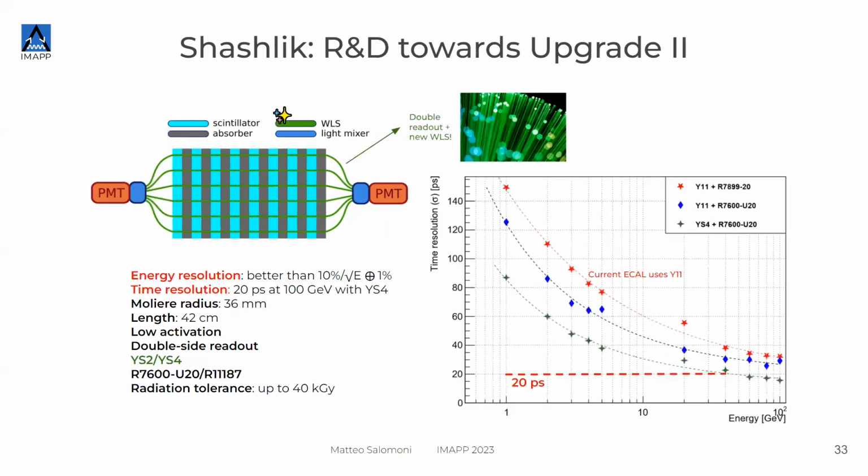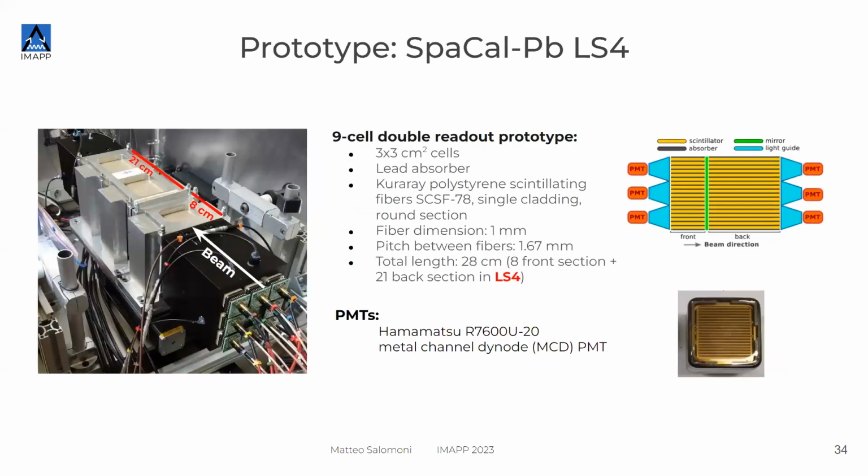Okay, we have to demonstrate somehow that with the new technology that we are proposing for shashlik, because we are also producing some new shashliks that could live in the outer region of the calorimeter, as well as for the new technology that we are proposing, which is spacal, as I said. So these are the fibers that run through directly to the PMT. As I said, we have to keep more or less the same numbers that we have for shashlik, but we have to be radiation hard, and we have to be able to determine the arrival time of the particle with a better time resolution.